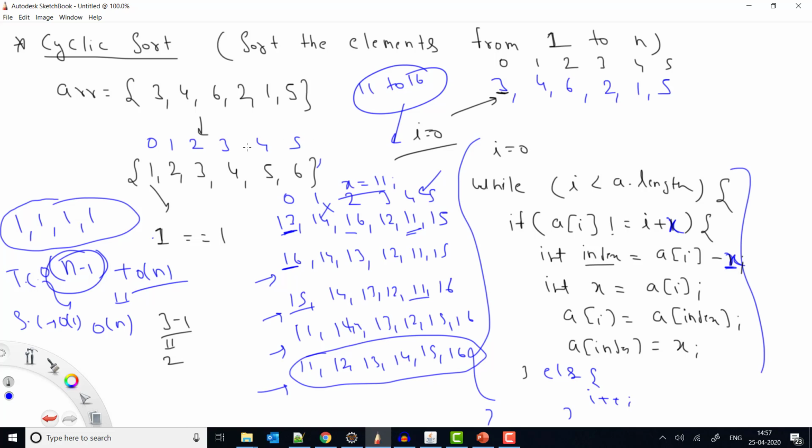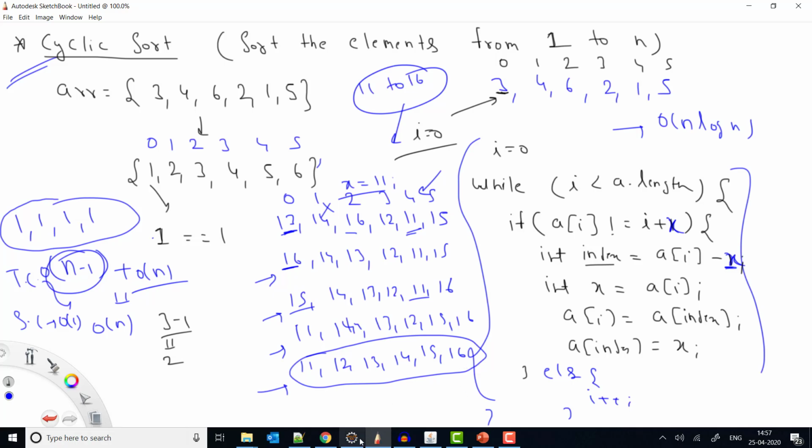Because the point is that if you sort in the simple way, that will be n log n, right? Because either you will use quick sort or merge sort. So this is again not a good complexity, but here we are able to solve it using big O of n. So that is why in this scenario we can apply this logic, right? So this is how we'll solve this question.